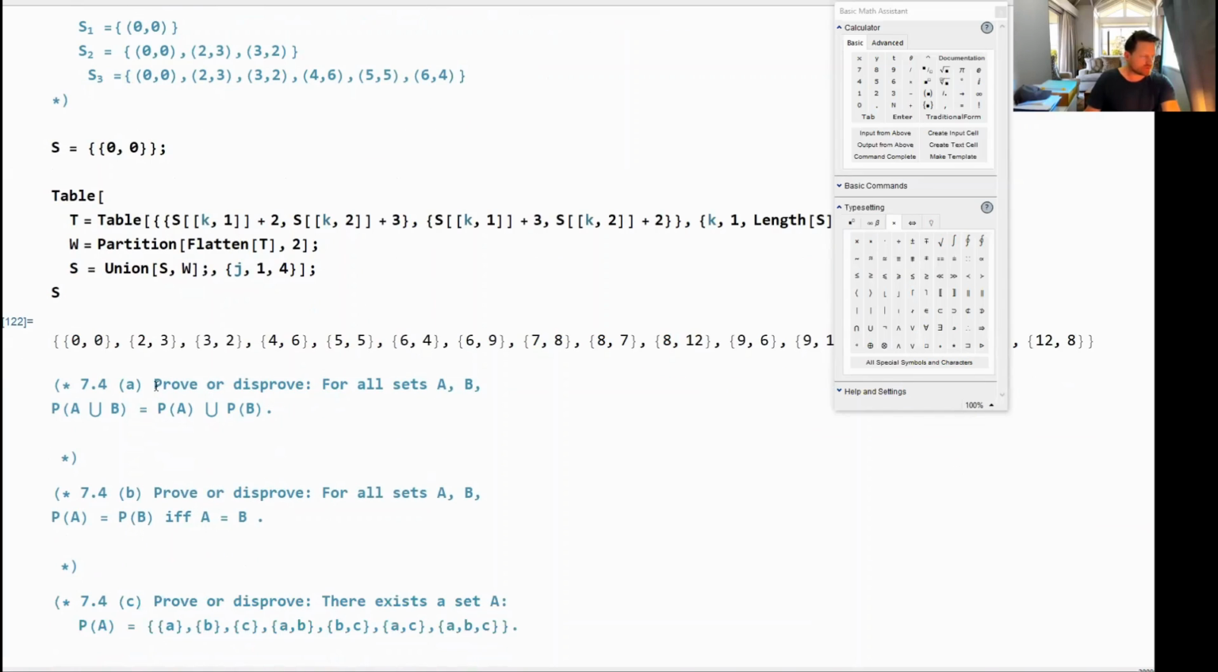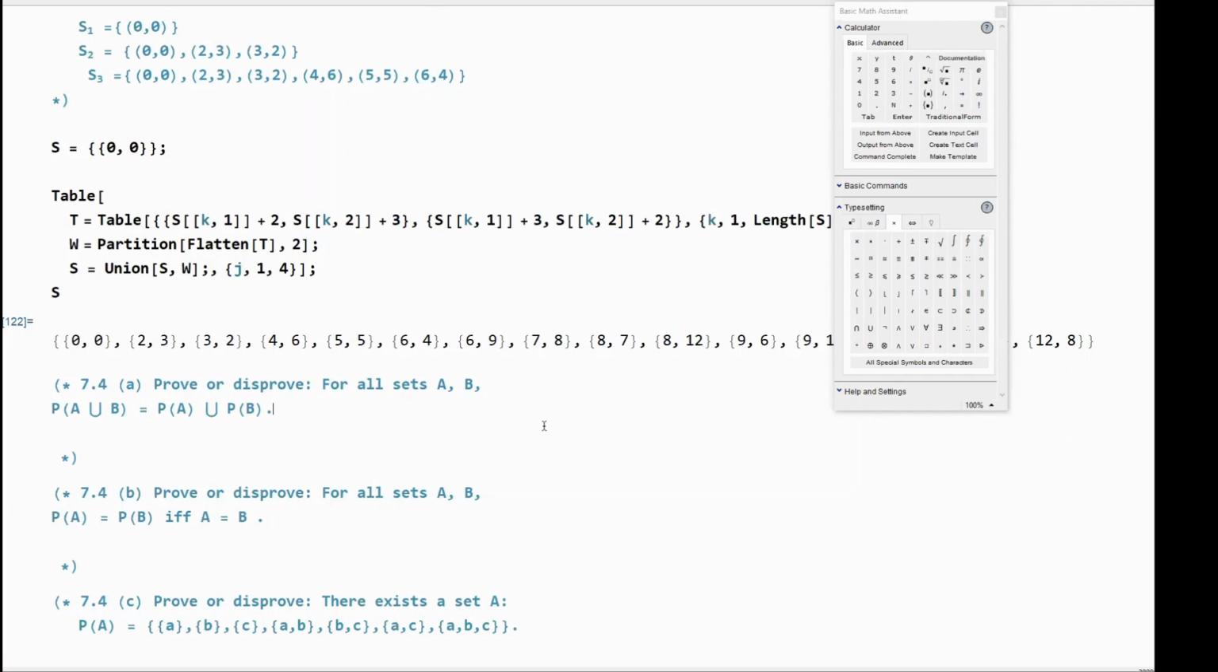Okay, 7.4a, prove or disprove. So these are all in 7.4, prove or disprove. But the first one says, for all sets A and B, is the power set of the union of A and B equal to the union of the two power sets? Okay, and so you might play around with this. If this were an exam question, you might think about it for a little bit with some examples and see whether or not you suspected it to be true or false. Okay, so this one